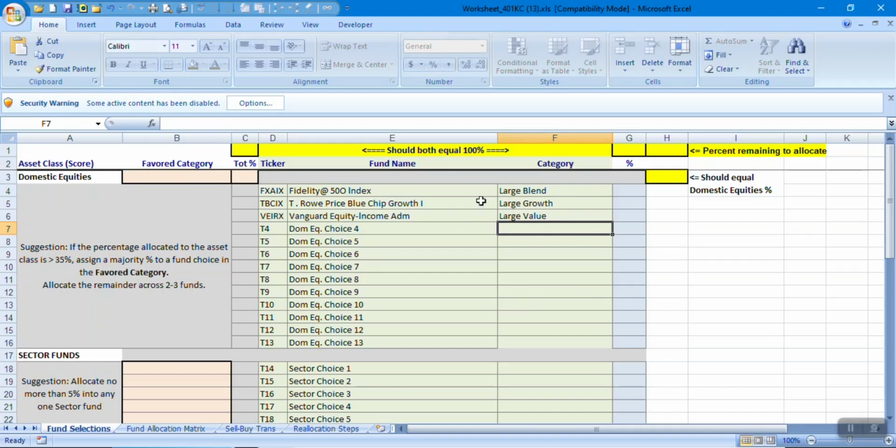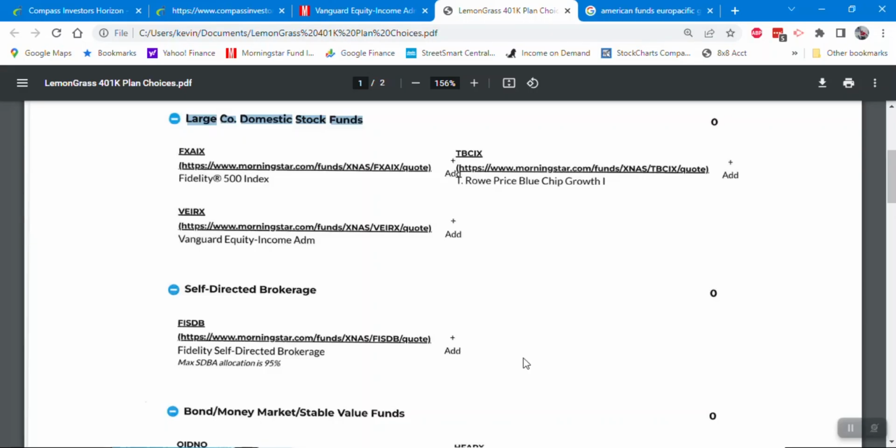Now notice that while we did know that these were large company mutual funds, we didn't know the specific category breakdown as we were able to identify using the Morningstar website. The first fund was a blend, the second was a growth, the third was a value. This will become important when you get the action report, because the action report is going to indicate a favored category, and that will determine where you will put the majority of your investments. So it is very important to have this information. Returning to the list of investment choices,